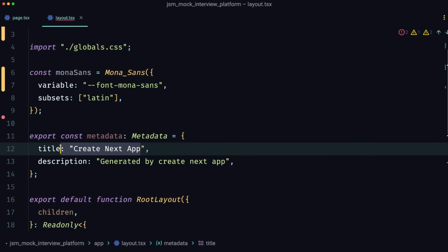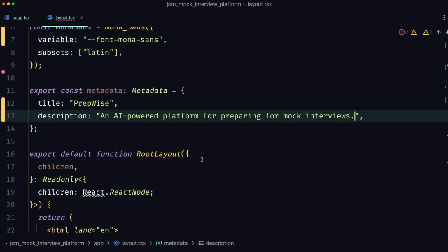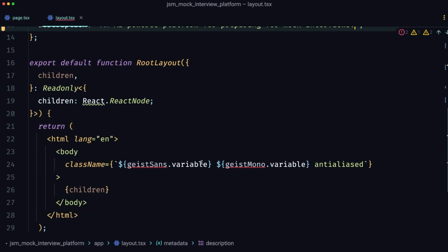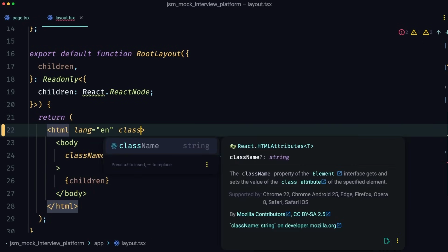For the metadata, we can change it to PrepWise, which is the name of our mock interview preparation platform. And description can be something like an AI-powered platform for preparing for mock interviews. Great. And then right here below, we have our root layout, where to this HTML, I'll provide a className